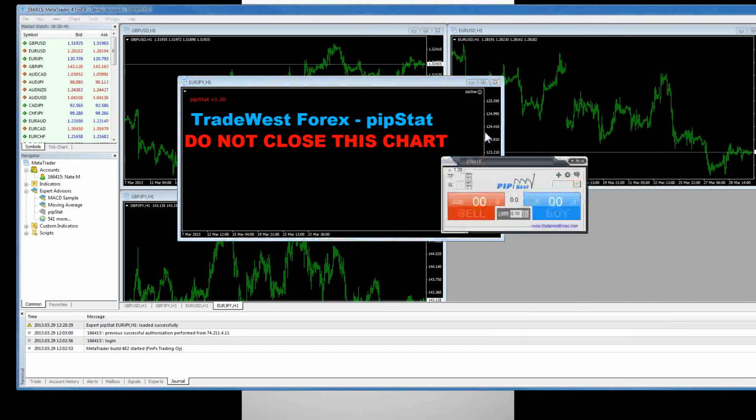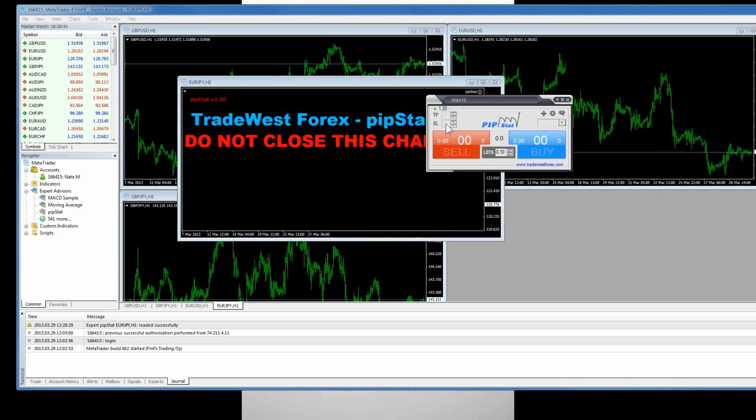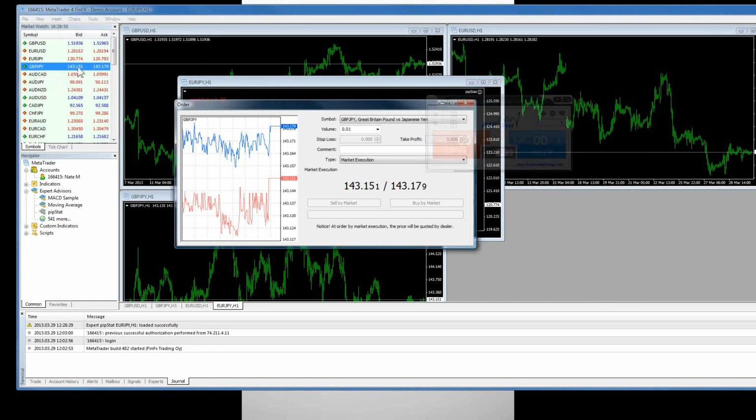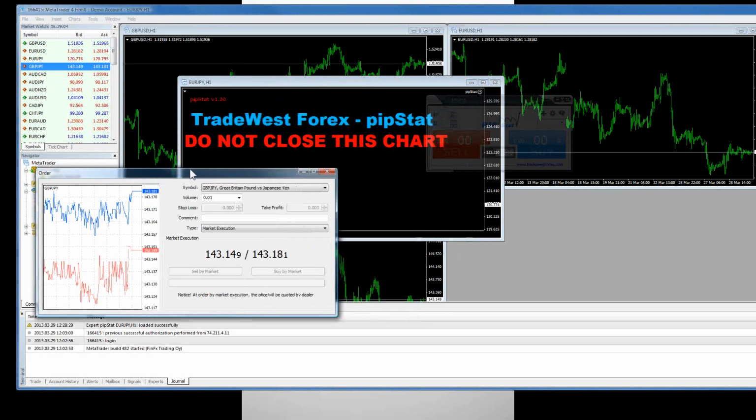Now, there's of course several different ways to skin a cat, for lack of a better way to put it. There's a lot of different ways to actually get in and place the order. We've already talked about double-clicking, right-clicking, or going to trading and new order. There's a lot of different ways to open a new order. Now, there's some differences though.